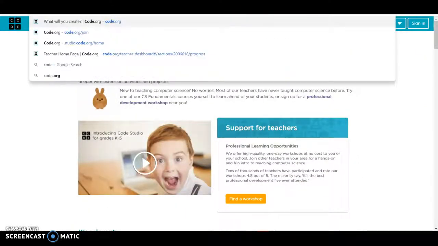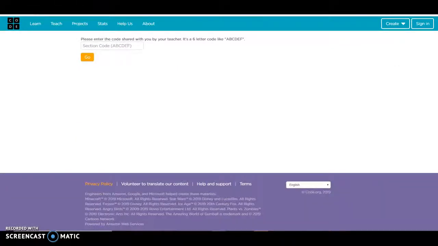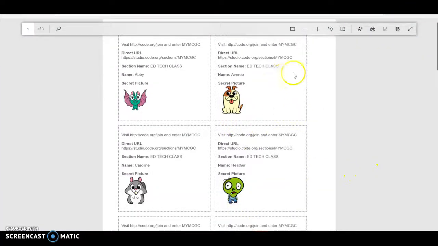So looking through all of that, you'll go back up to the top and you'll go to code.org/join. And so I sent you guys in your emails a few days ago a picture that had the logins. So your code you're going to enter is MYM